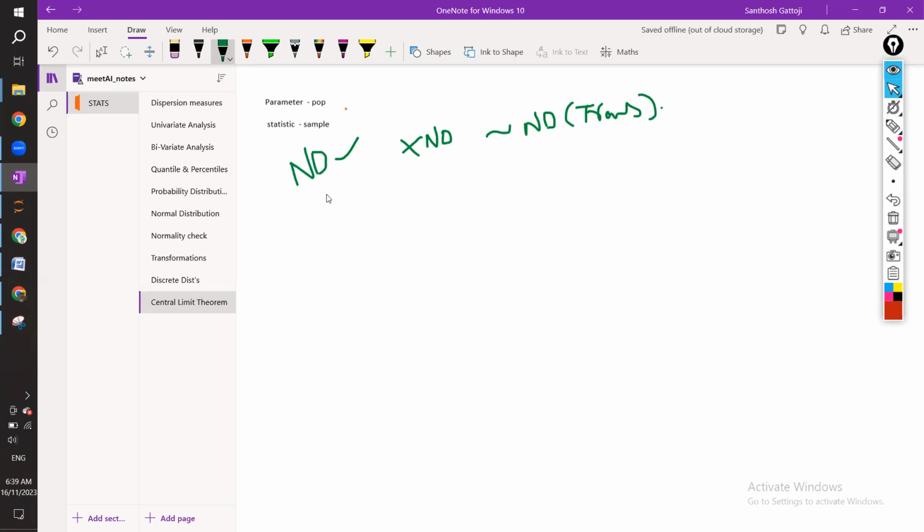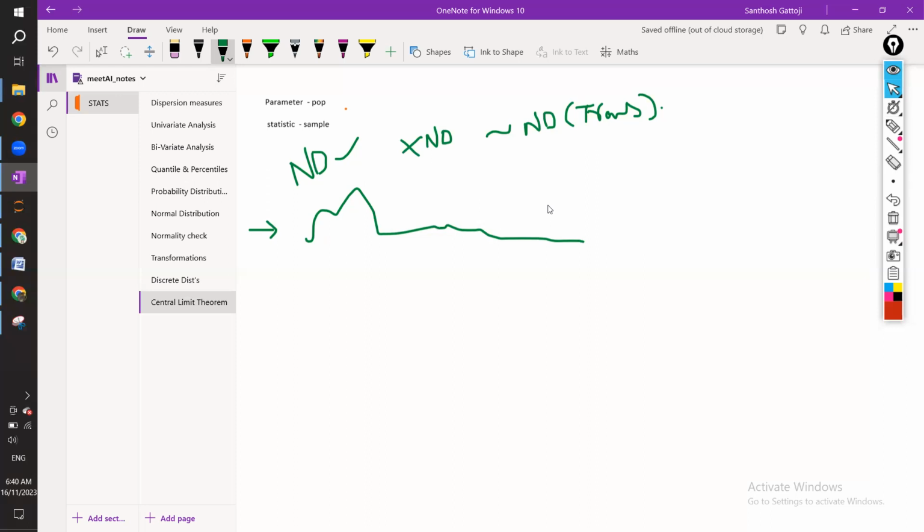This is fine. But the main problem arrives in real life, when you are working on very large data sets. It might be impossible to convert that into a normal distribution, no matter what transformations you apply. If your distribution is like this, I don't know what this distribution is. Even if you do any sort of transformations, most of the time in real life the data set will be extremely skewed or distorted, and it will not be a normal distribution. It is also very difficult to apply transformations and bring it into a normal distribution. So in these difficult times, the central limit theorem comes to our rescue, and this theorem states, observe my words carefully, no matter what the underlying distribution of the population is,